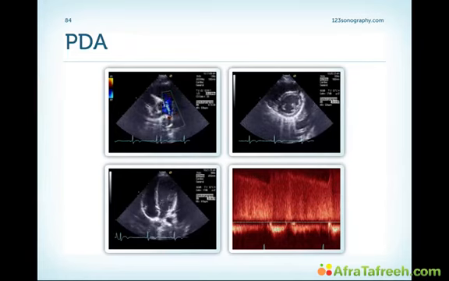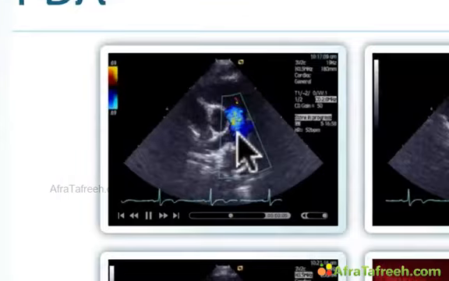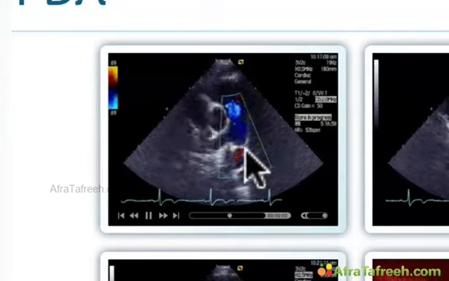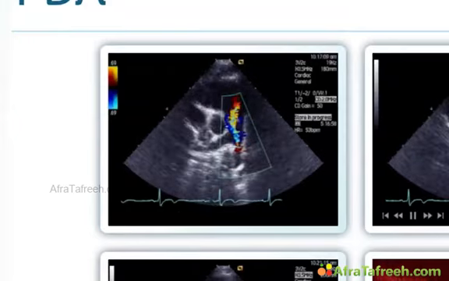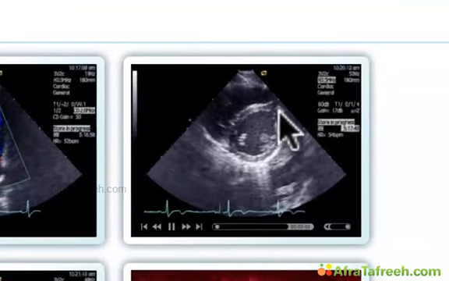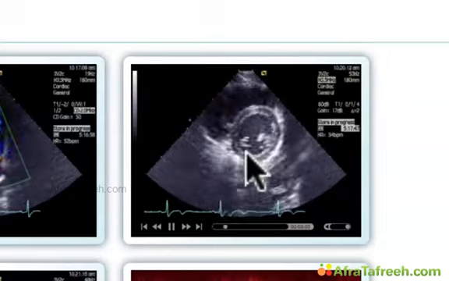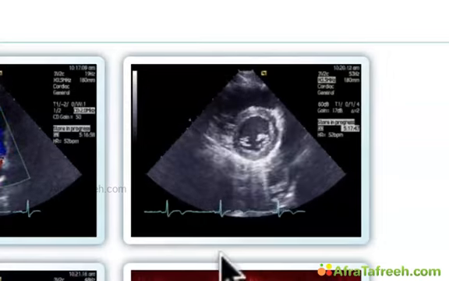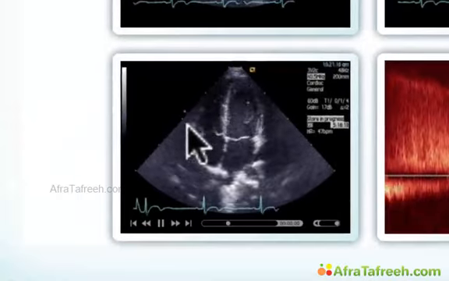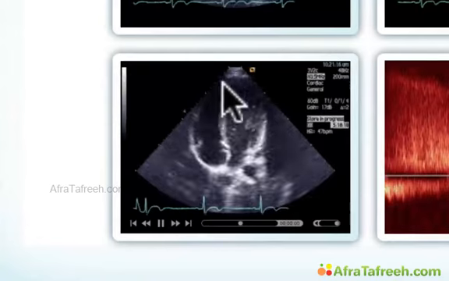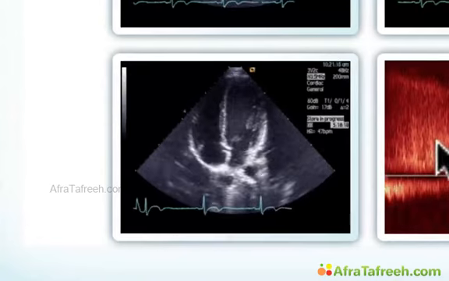This is a typical example of a patient with a small PDA without hemodynamic significance. In the short axis view, we can nicely see that there is indeed a PDA, but looking at the left ventricle, we see this is a normally sized left ventricle with normal function, so certainly no signs of left ventricular volume overload. We have a normal right ventricle, no signs of pressure overload, and when we